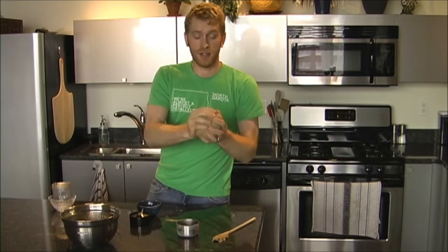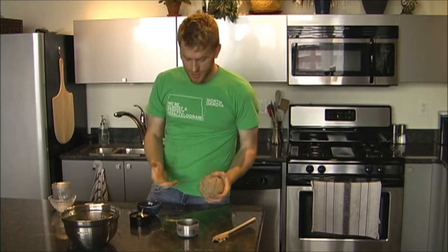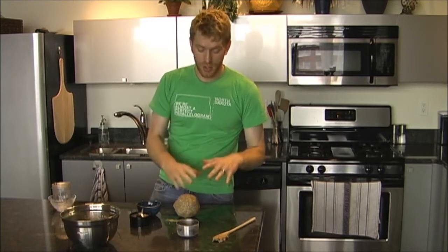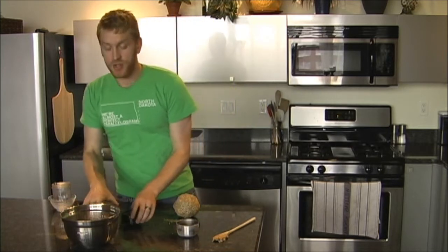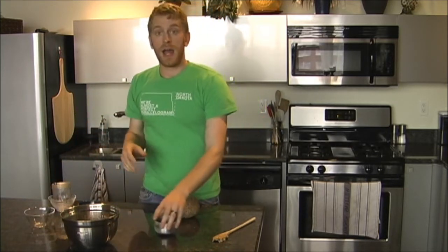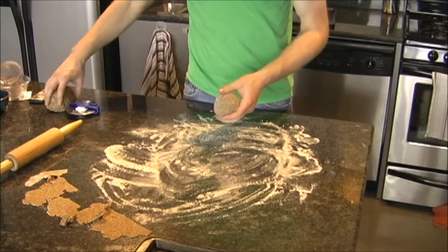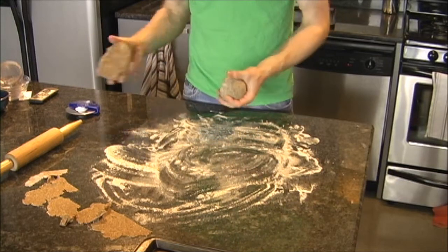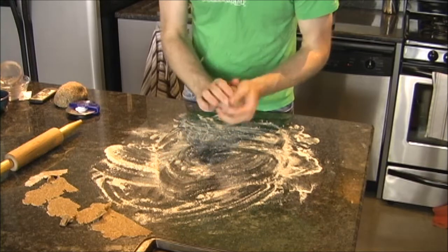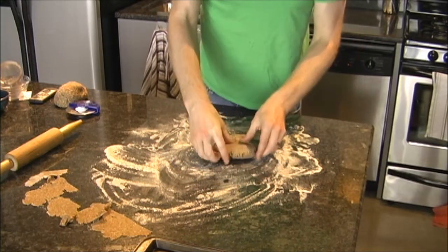And voila, as you can see, here's our lovely ball. So what I'm going to do, luckily I've got some granite countertops here, so I'm just going to roll this out on the countertop here with just a little bit of flour. So I'm going to get the flour out, flour it, get my rolling pin. All right, so I've got my nicely floured surface here, and what I've done is I've separated it out into two balls, and we're going to just roll this out into a nice flat